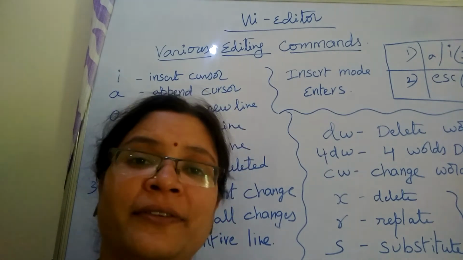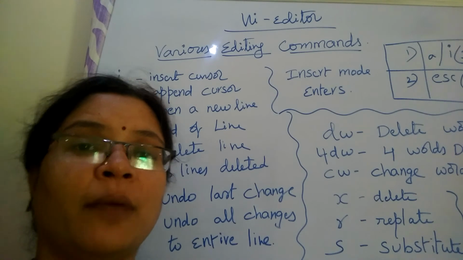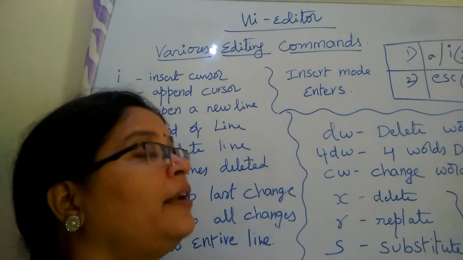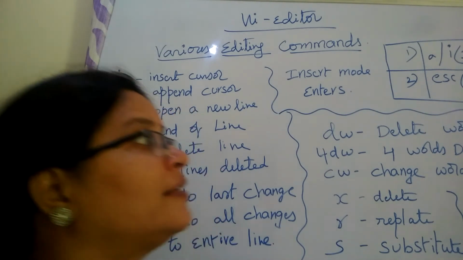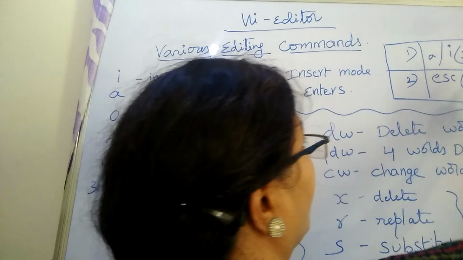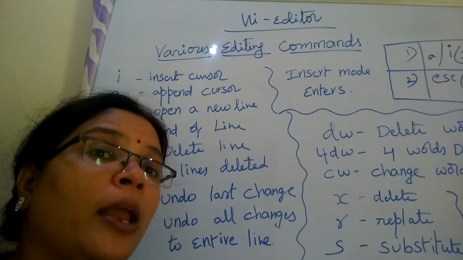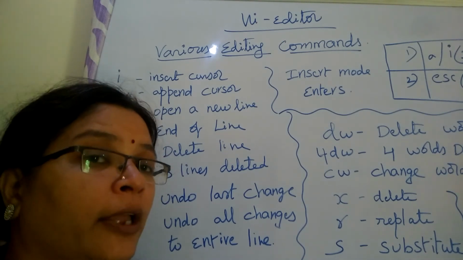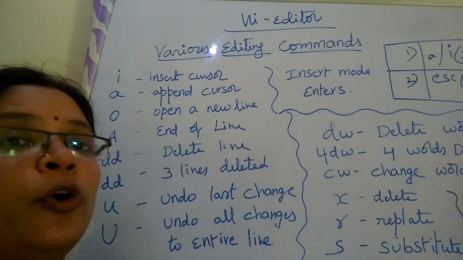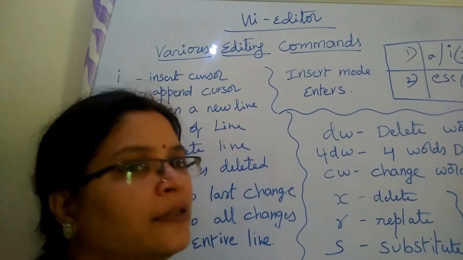In the previous class, we have seen the vi editor, how to work with the vi editor, what are the various commands in the vi editor, what are the various modes in the vi editor. In the vi editor, as we discussed in the previous class, there are two different modes. The first one is the insert mode or append mode, and the second one is the escape mode. In the insert mode or append mode, you can add text, you can type text, or you can insert whatever text you want. Whereas in the escape mode, you can only type certain commands. That means the editing can be done in the escape mode.